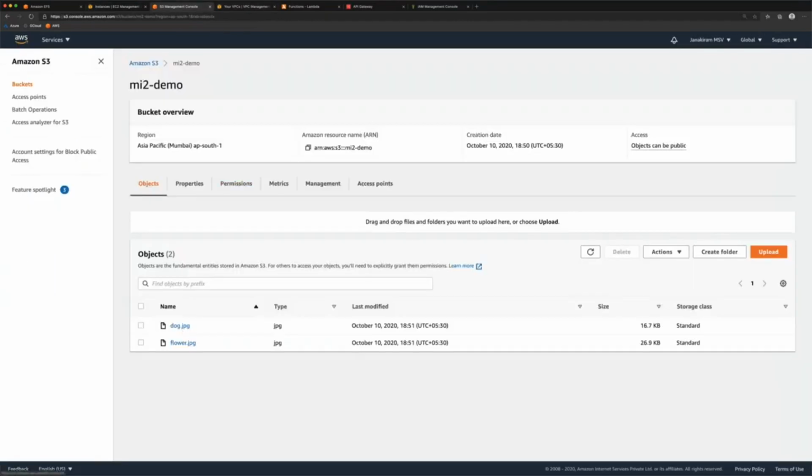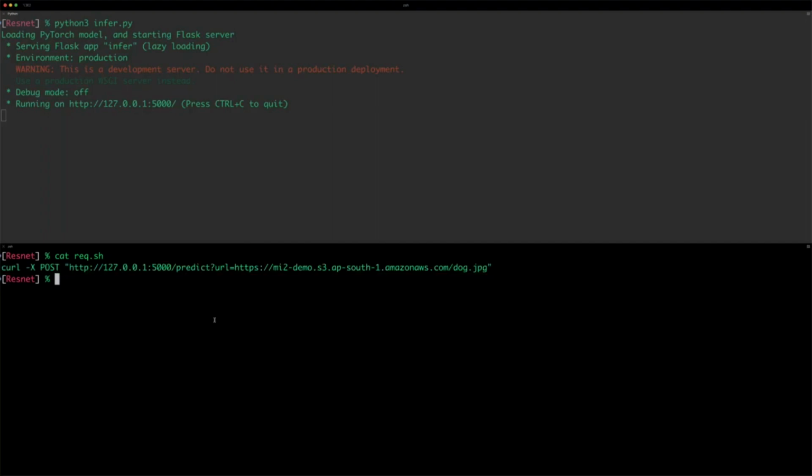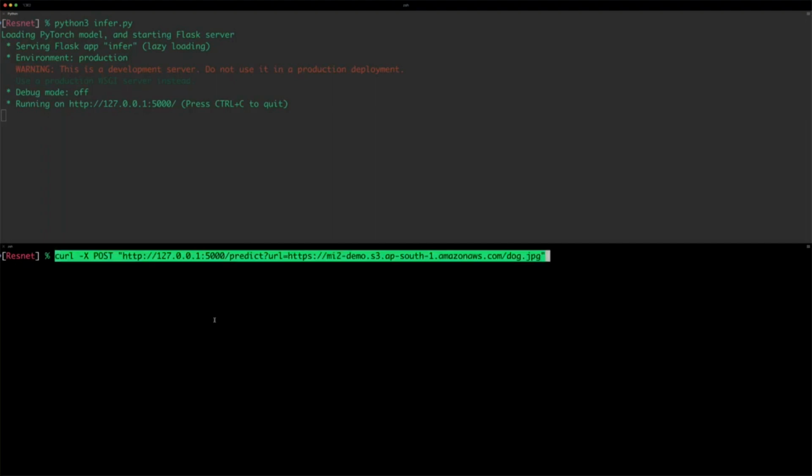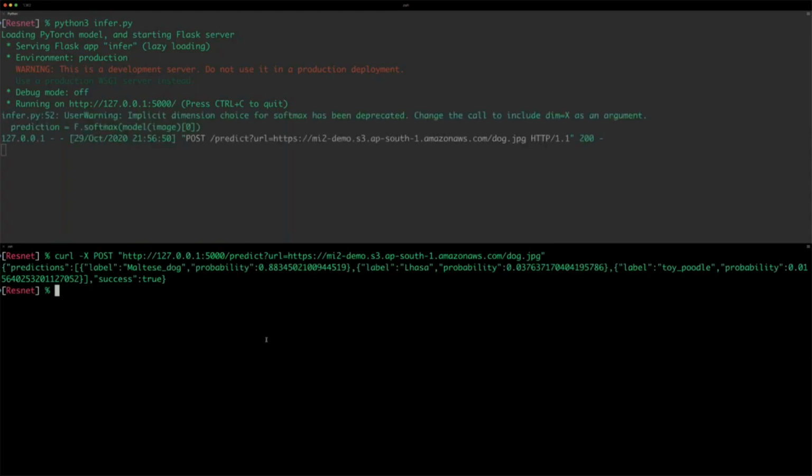Within the S3 console, in the bucket called mi2 demo bucket, you'll see dog.jpg and flower.jpg. They are publicly available. Now what I'm going to do is simply call this endpoint by passing the URL of the dog image. It comes back and tells us that it is a Maltese dog with a probability of 88%, which is pretty good. So it is able to classify the input image.